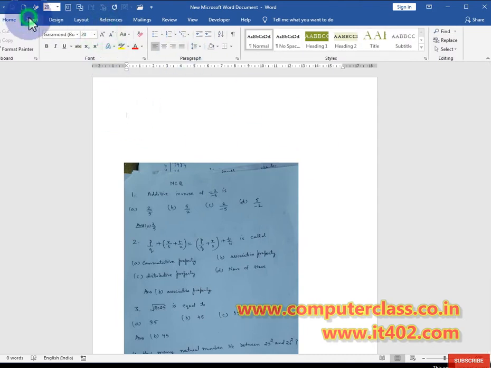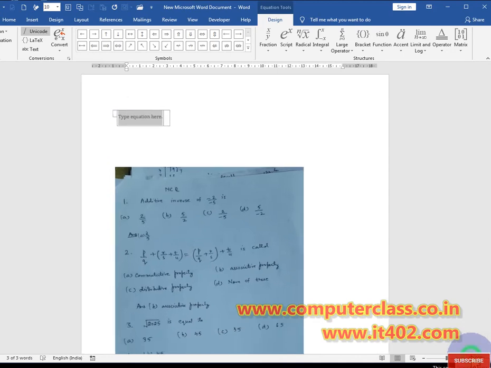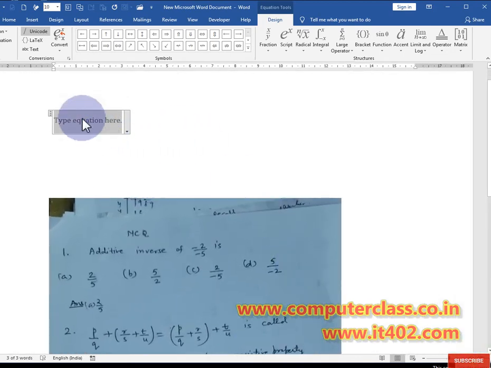What you need to do is click on Insert, and the Equation option is there. Now write anything you want inside this particular equation. So just click inside the equation and write to start: additive inverse of.